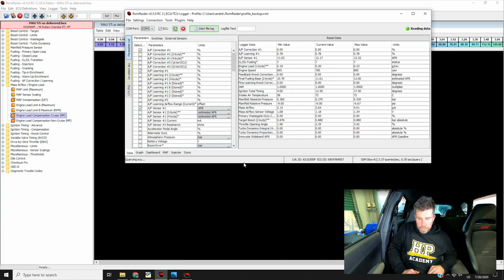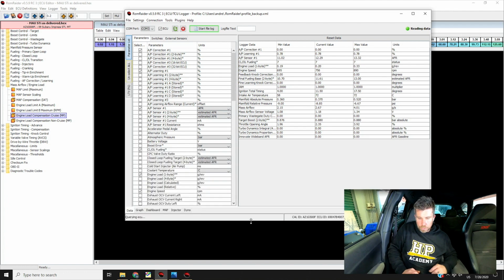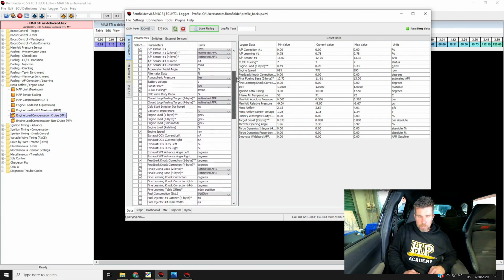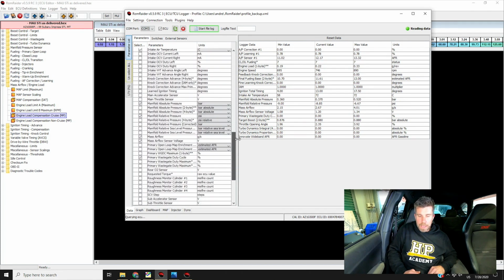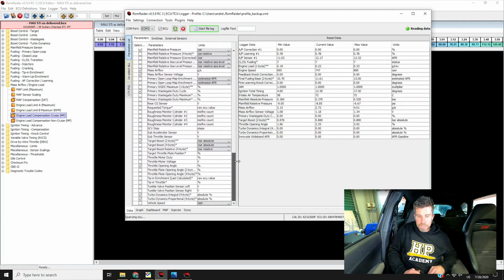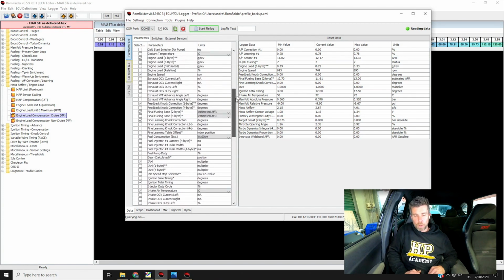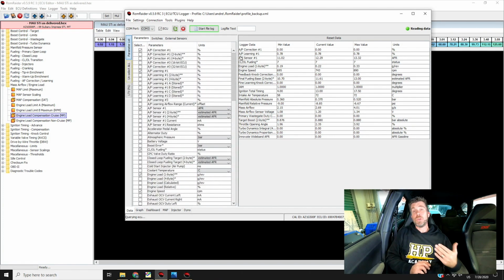So what we've got here, let's just open this up a little bit more. At the moment, we're on our parameters tab. This shows all of the available parameters, or PIDs as they're often referred to, and we can see as we scroll down, they're just in alphabetical order. It is a fairly extensive list, which in itself can be a little bit confusing because you really need to understand what you need to be logging in order to be able to perform a certain task.